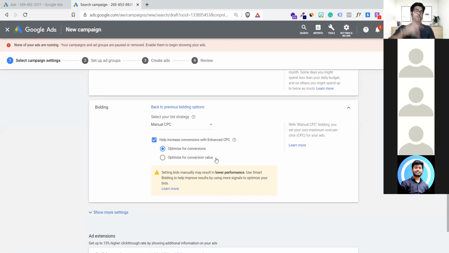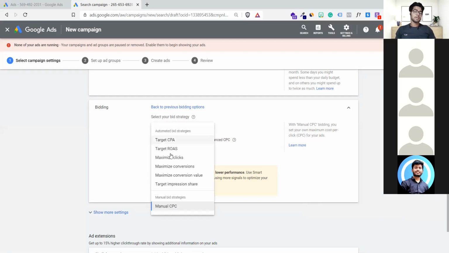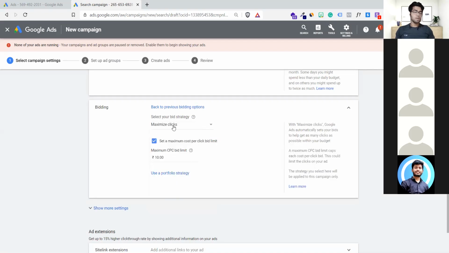I will just put you in the auction in the same league where other hundreds and thousands of people are waiting like you, in the same row. I'll put you there, and I don't care whether you're getting clicks or not. My job is just to show your presence there, not to track the behavior and all. So it will not do that. So it's better to choose maximize clicks. Do this, and you can play around.